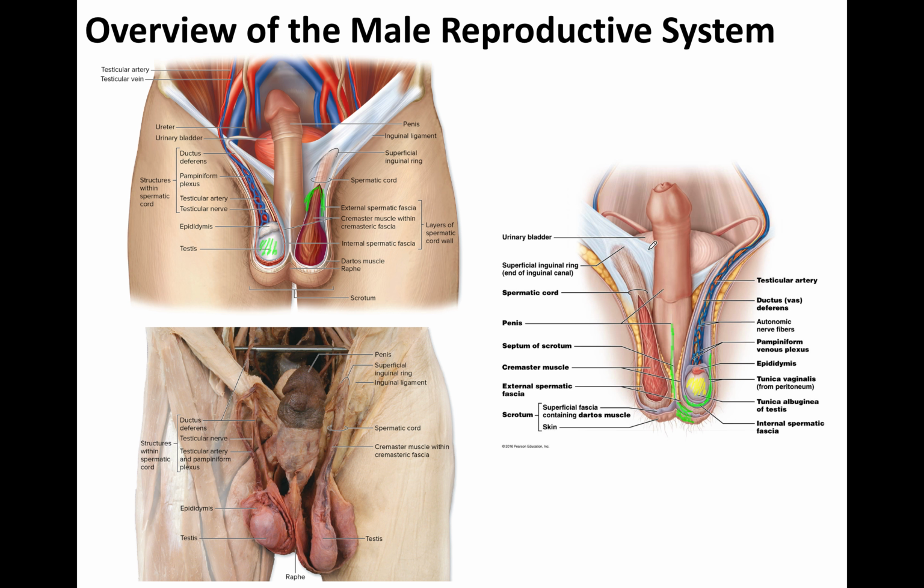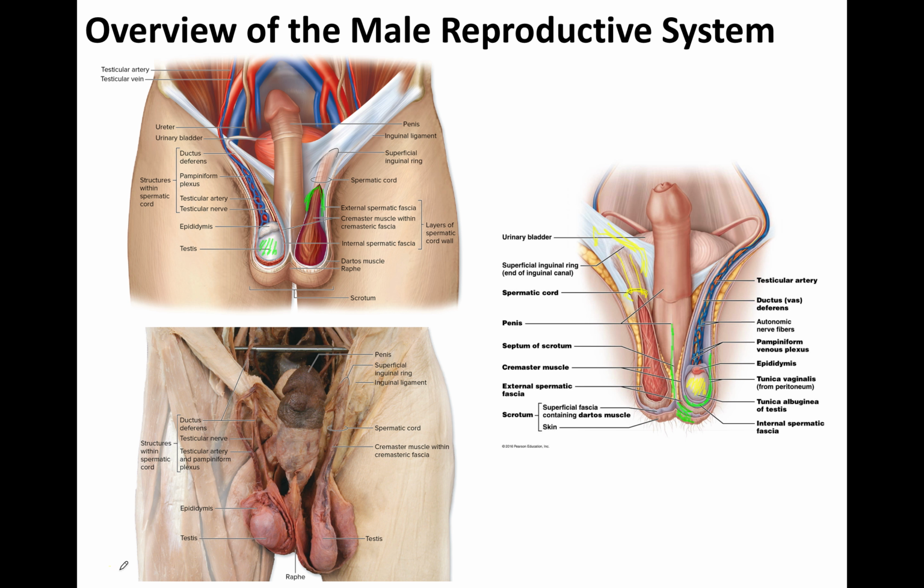Then the additional things are going to be the spermatic cord right here. So all the blood vessels plus the vas deferens, which are going to be surrounded by some skin and some fascia. It's going to go into the body wall. So this is actually the body wall right here. Once it goes through the body wall, that's going to be when the vas deferens